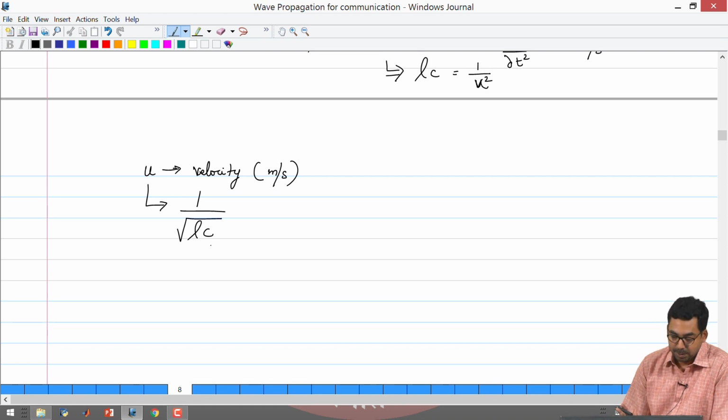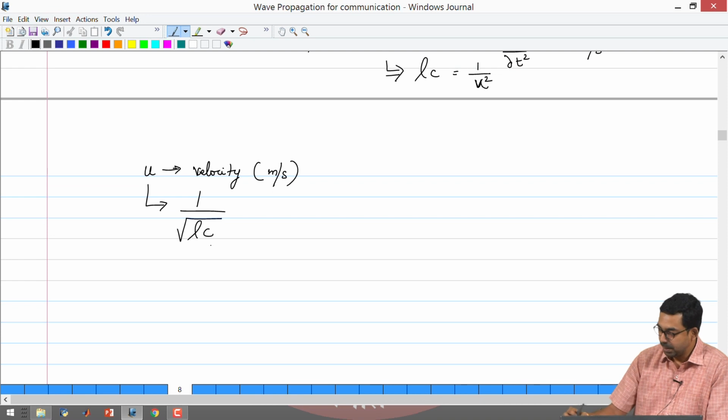Okay. So, these components L and C are trying to not only tell you that the velocity is going to be finite, they also give you some insight as to how you can model the signal propagation by neglecting the resistance, but you will still not be able to avoid some circuit passives like inductance and capacitances coming in. Though you can neglect your resistance and conductance, L and C will play a dominant role in determining how fast your signal is going to be traveling according to this argument.